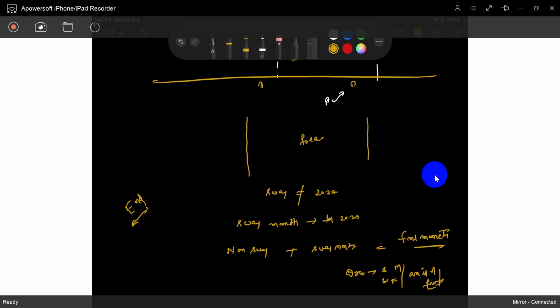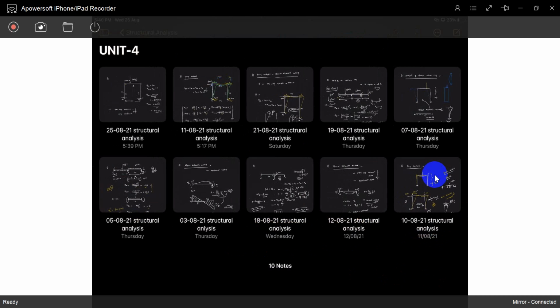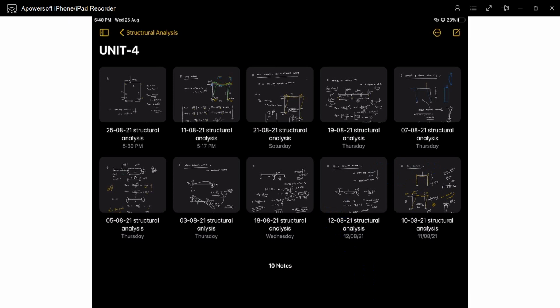Okay. Slope deflection, moment distribution method. So I feel that I can at least maintain 6 classes for that, 6 classes for this. Okay, 5 classes is sufficient. We did every problem, every model. So 5 classes for that, 5 classes for this. For the next class tomorrow we will solve influence lines. Okay, if you have any doubts, ask.